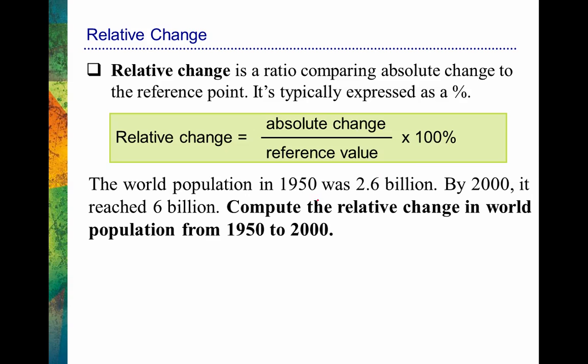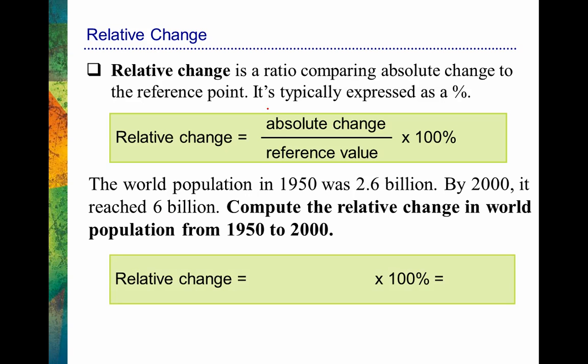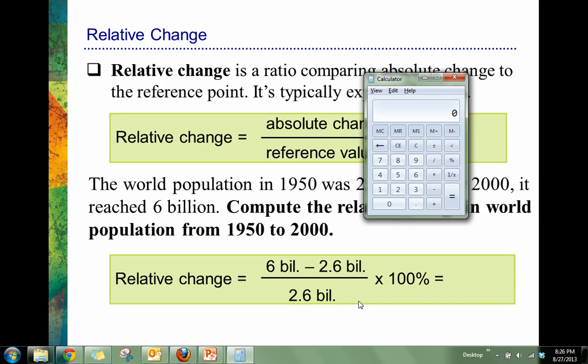Just to remind you of the information, in 1950 we had 2.6 billion people. By 2000, 6 billion people. So in this particular situation, we want to find that absolute change score. And remember, that was 6 billion minus 2.6 billion. And then we're going to simply divide by that reference value, the number of people we had in the world in the year 1950, and then multiply that by 100. So again, we'll look at our calculator. We had 6 billion minus 2.6 billion, so we were left with 3.4 billion. And then I'm going to divide that by that reference point, so divided by 2.6 billion. That would give us